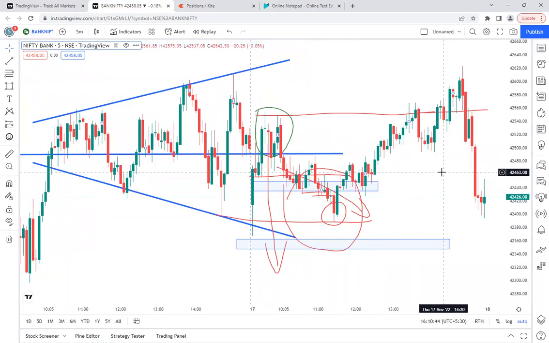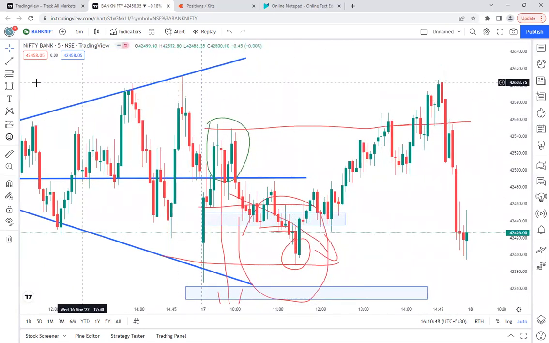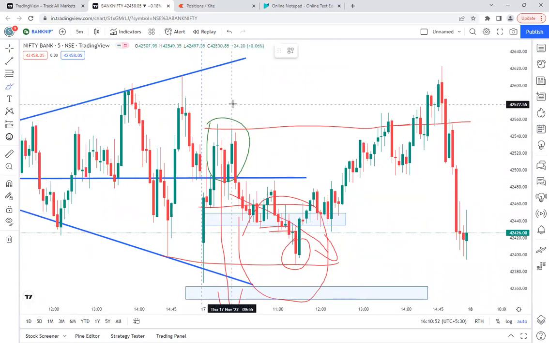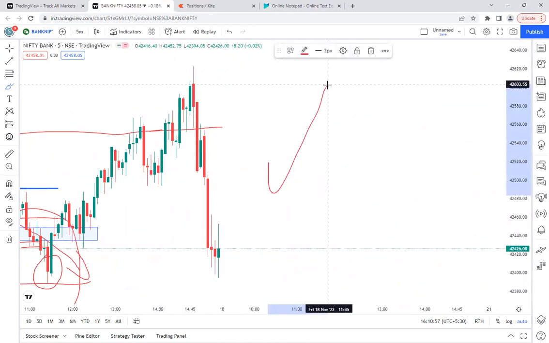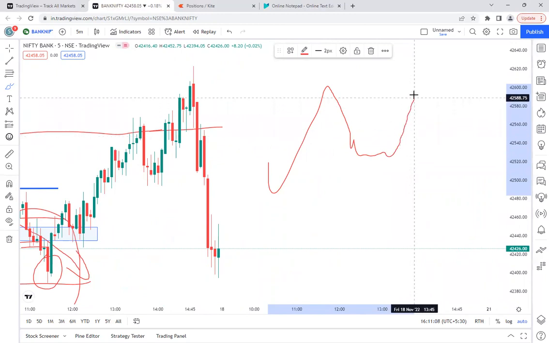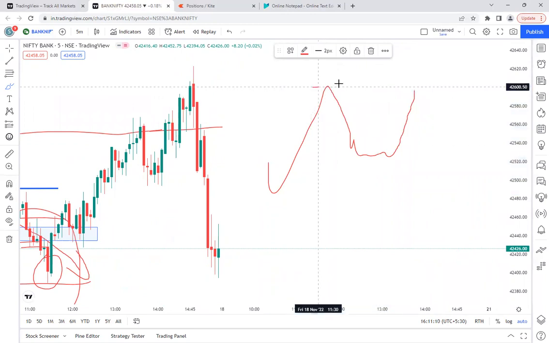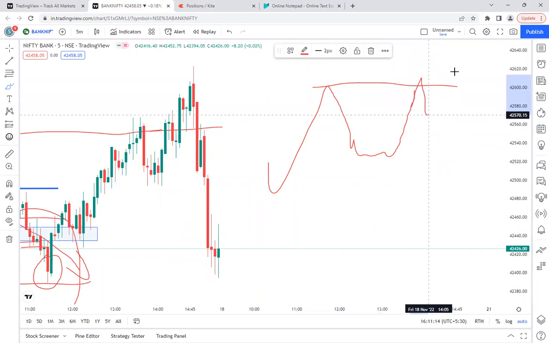Now, here one point comes in. Whenever in the intraday price action you see this kind of pattern, like, assume I draw one. If in the first few minutes they go up, and during the day they come down, and again in the same day, either in the afternoon session or before 2 o'clock or 2:30, they try to go up to the same level of the same day, that means there is a chance that they may go up again.